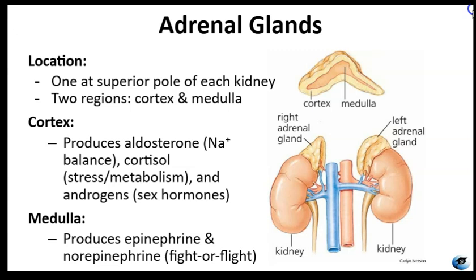The inner region is the adrenal medulla, which is part of the sympathetic nervous system. It produces the hormones epinephrine and norepinephrine, also known as adrenaline and noradrenaline. These hormones are responsible for fight or flight response, preparing the body to respond quickly to stress by increasing heart rate, blood pressure, and energy availability. So essentially, the adrenal cortex and medulla allow the body to maintain balance under normal conditions, but also respond effectively